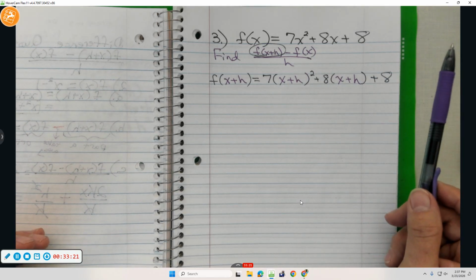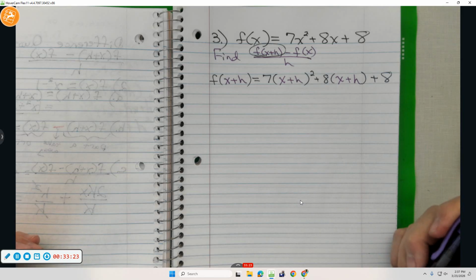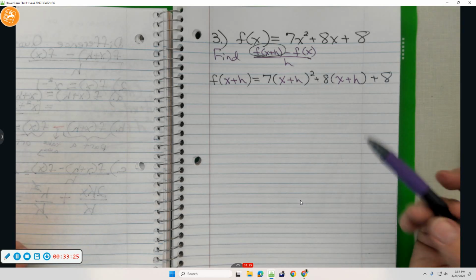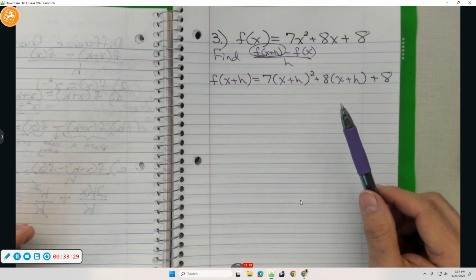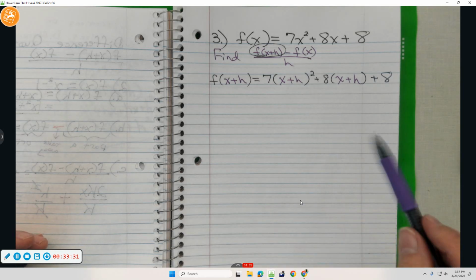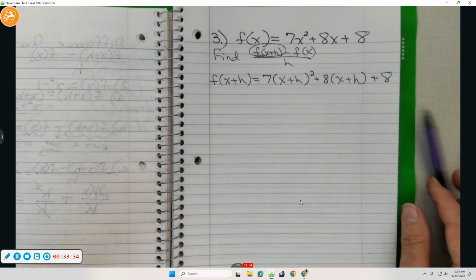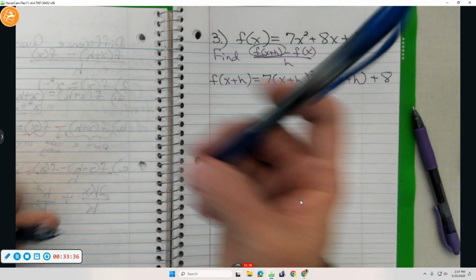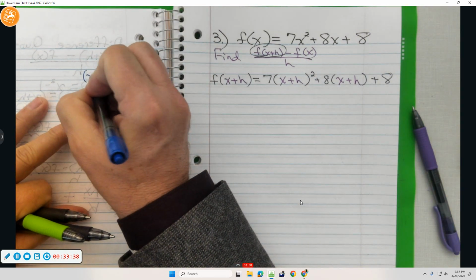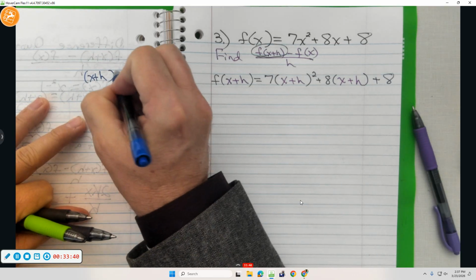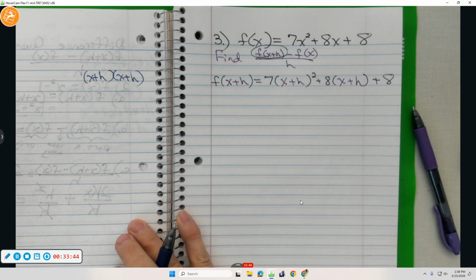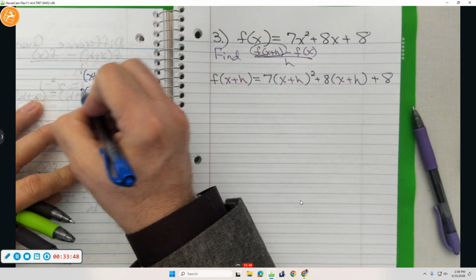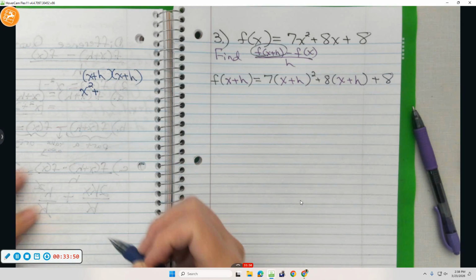Under ideal circumstances, by the time the final exam gets here, when you see x plus h squared, you remember x squared plus 2hx plus h squared. You don't even need to FOIL it out. Hopefully, you'll get to that point. But if not, hopefully you remember that says x plus h times x plus h. First, x squared, plus outer,